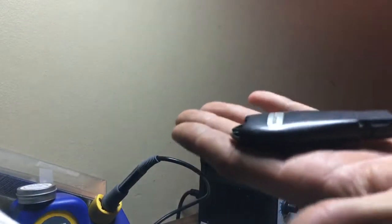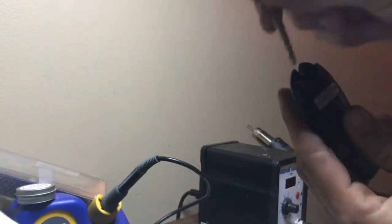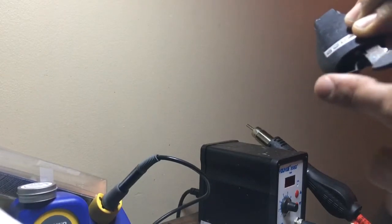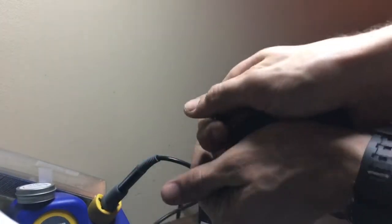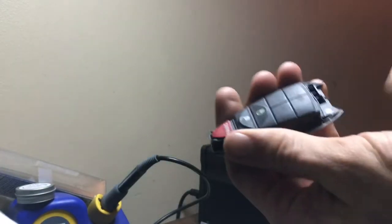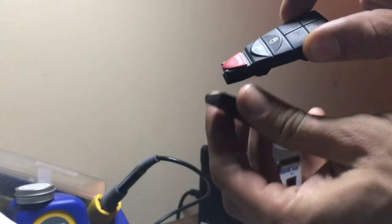So, and then I'll show you my method to get them apart. The E keyhole, you just stick anything in there really, and you pull apart the key, and you put your finger in that little space right here. So you just go like that. See that? Okay. And if we wanted to, we could just simply